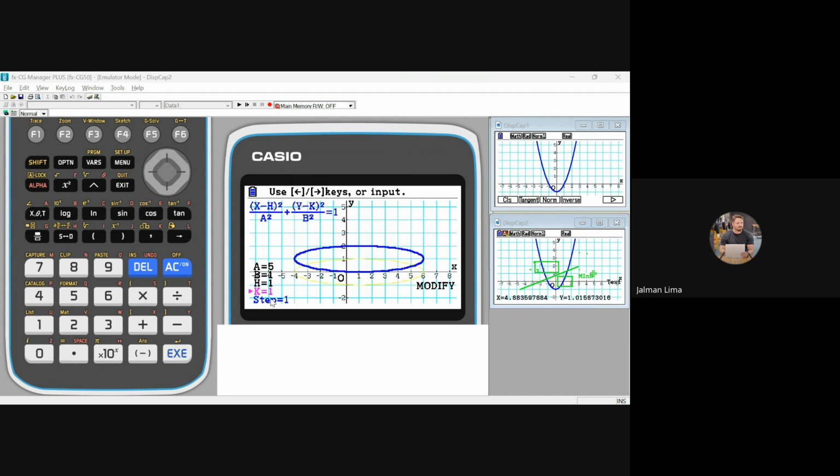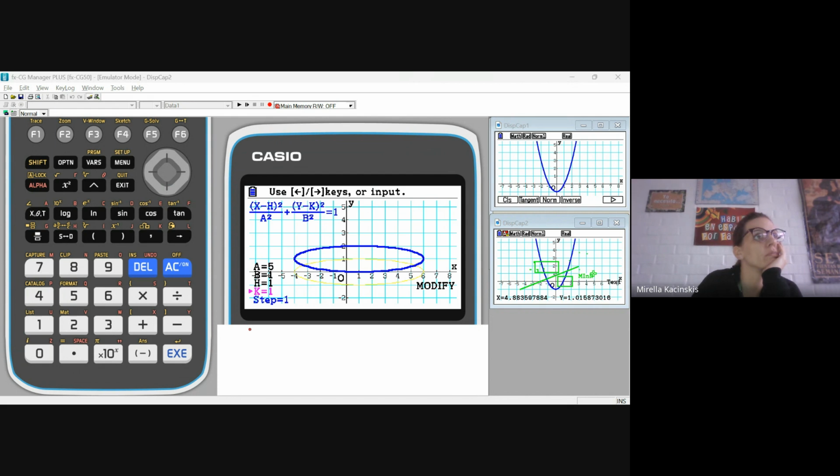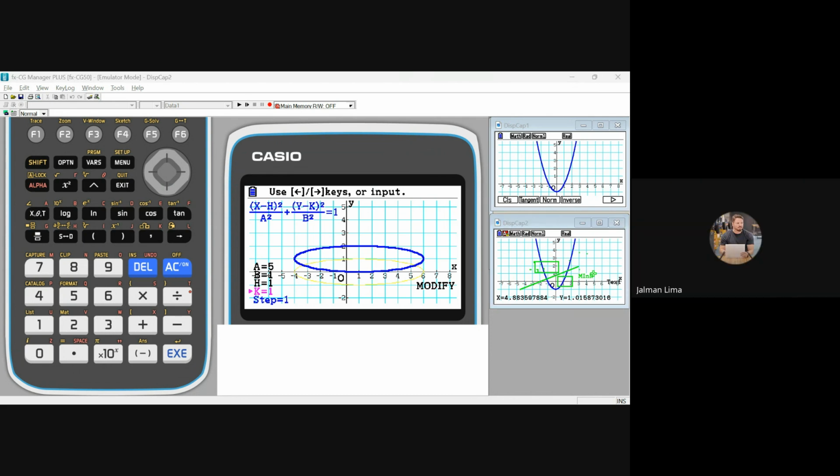So here I can change the values of each variable the same way. Would we be able to find the focus? Is it able to find the focus of the ellipse? Yes. Once you're done with it, this part is only to modify, right? So this part is only to modify. When you press exit,